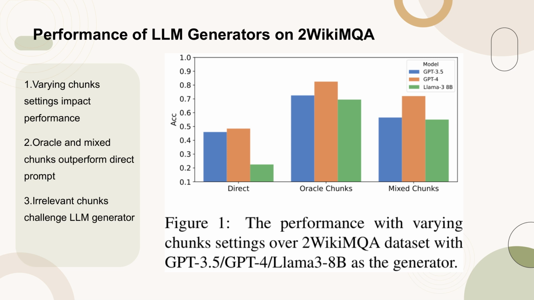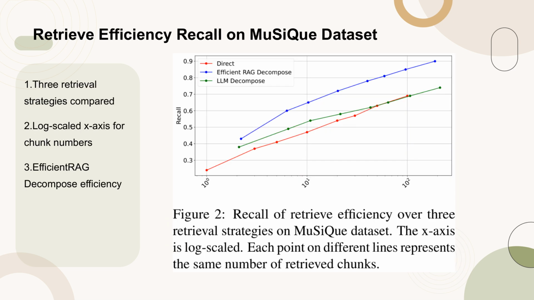information retrieval. Figure 2 illustrates the recall efficiency of 3 retrieval strategies on the Musique dataset. The x-axis is log-scaled to represent the number of retrieved chunks. Each point on the different lines corresponds to the same number of retrieved chunks. The study highlights the efficiency of EfficientRAG Decompose, which achieves higher recall at a similar number of chunks compared to